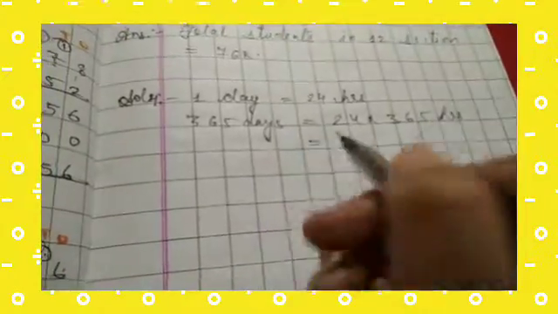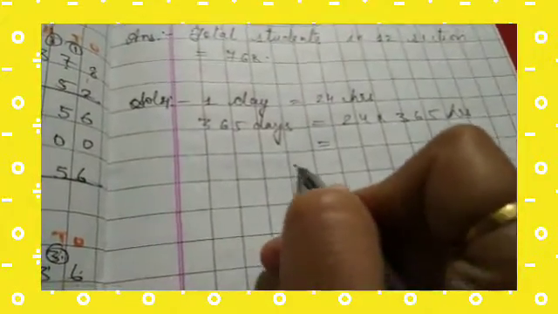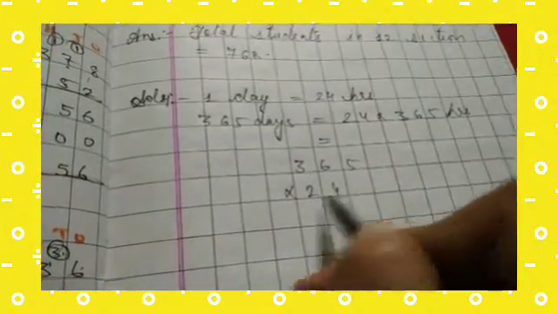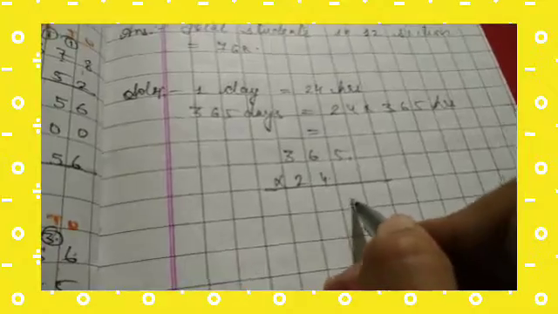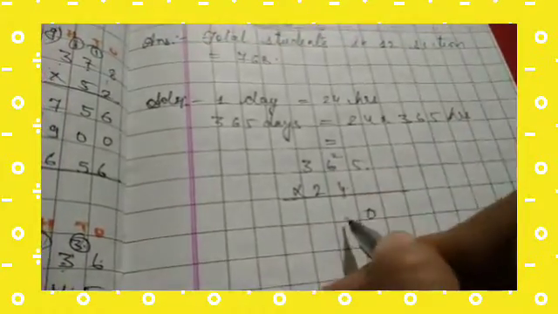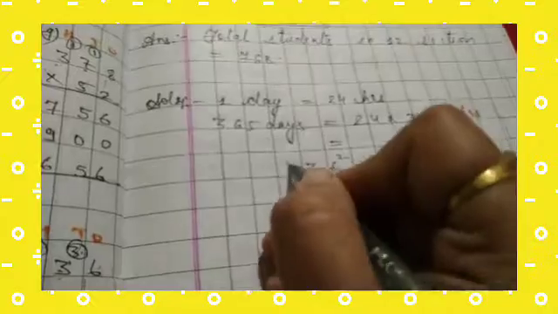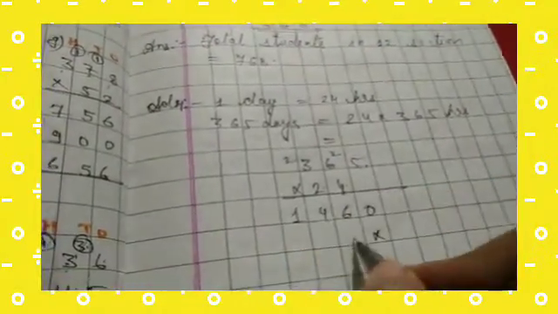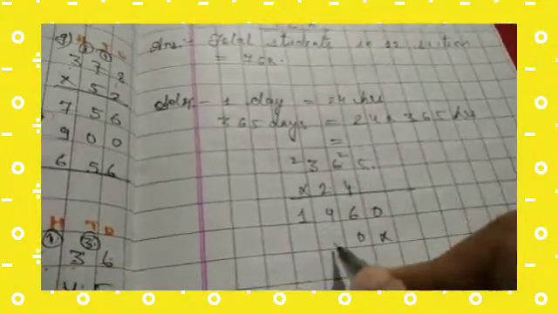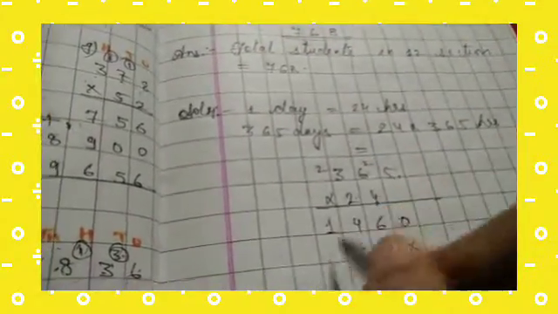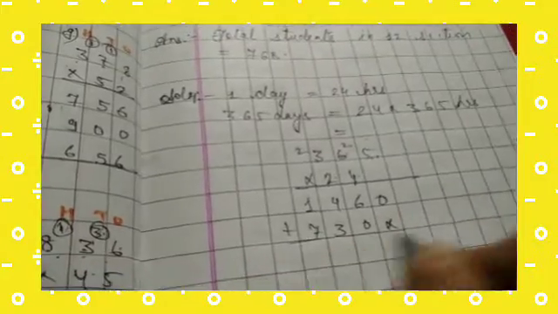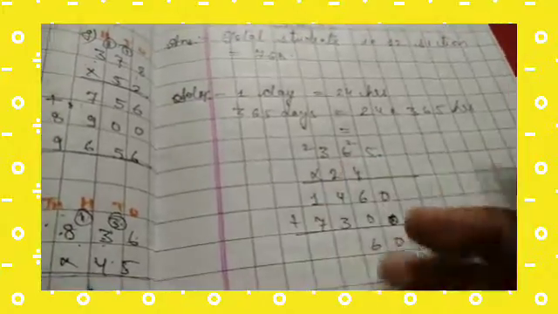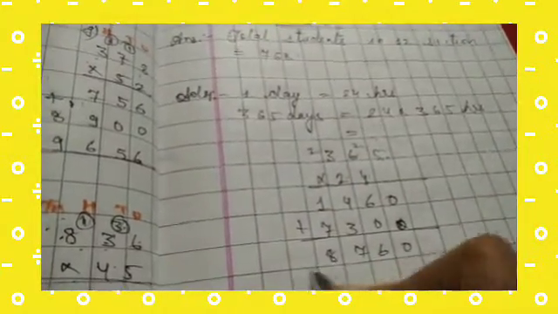Okay. So we have 365 multiplied by 24. So 4 5s are 20, 0 carry 2, 6 4s are 24 and 2 is 26, 4 3s are 12 and 2 is 14. 2 5s are 10, 0 carry 1, 6 2s are 12 and 1 is 13, 3 carry 1, 3 2s are 6 and 1 is 7. Now we are going to add this up. 0, 6, 4, 5, 6, 7, 7 and 1 is 8.